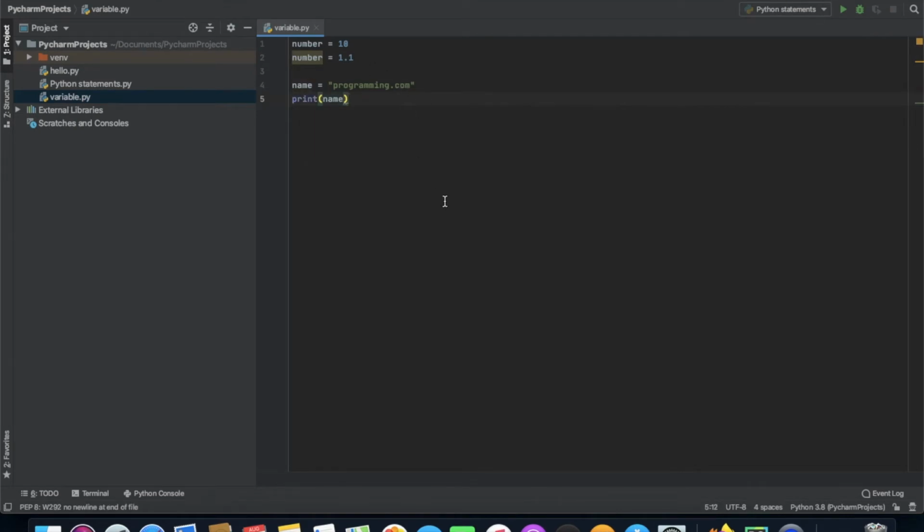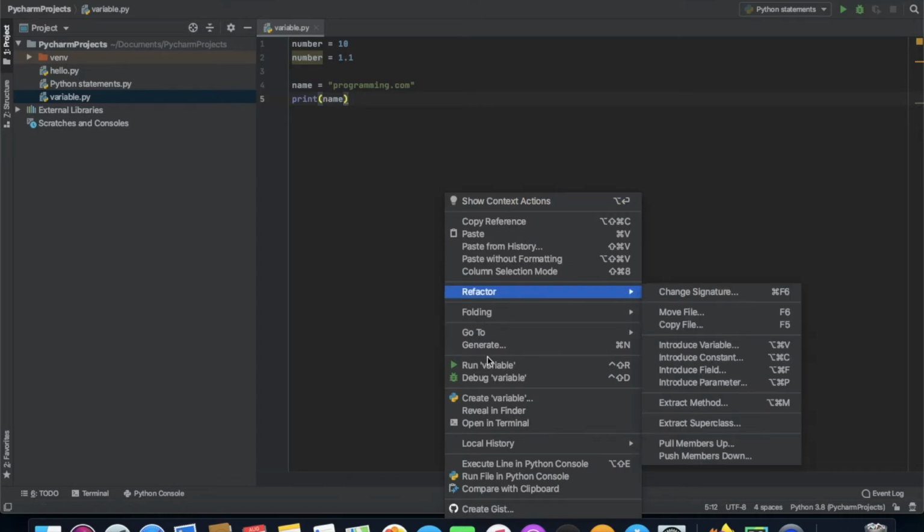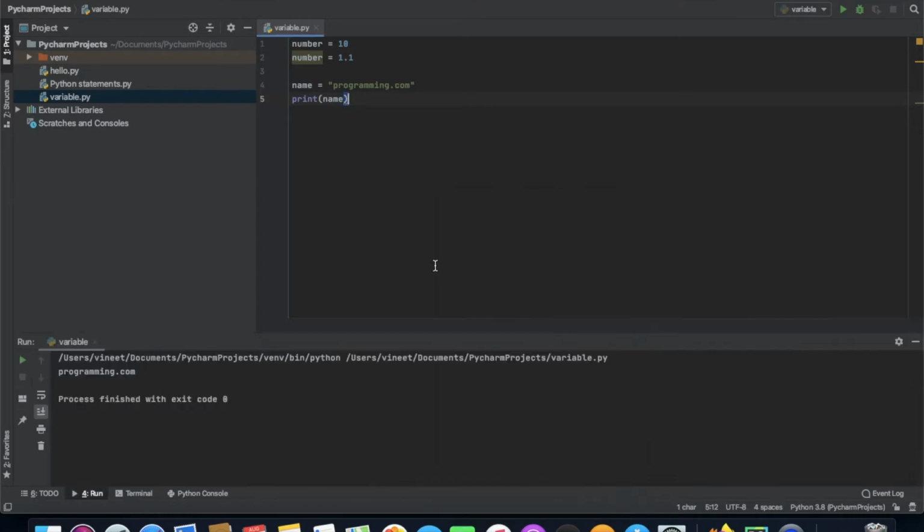As you know how to run this Python file, just tap on run variable and you can see programming.com. The output is programming.com because we have assigned the value programming.com to the variable name, then we printed out the value assigned to name, that is programming.com.